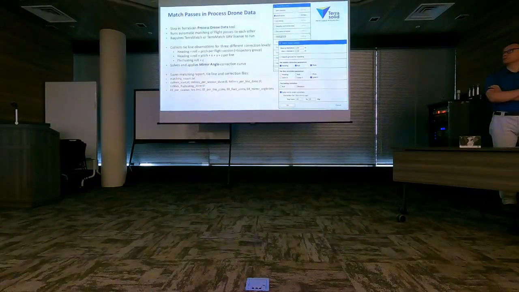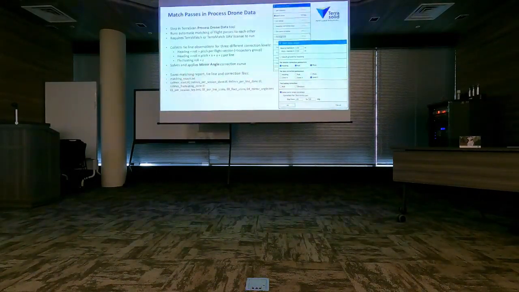The wizard for processing drone data now has a match passes step. そうですね、クラス B にこのテラスキャンのドローンウィザードのトレーニング予定がありますので、新しい項目として、そのコース間調整の項目も追加されました。 So this requires TerraMatch, so both TerraScan and TerraMatch have to be running. ご利用いただくために、テラスキャンとテラマッチが必要です。